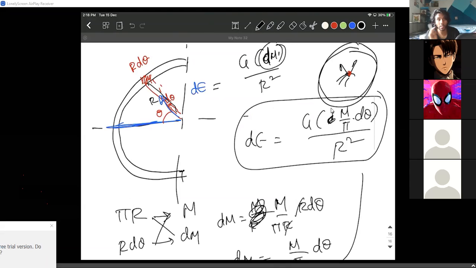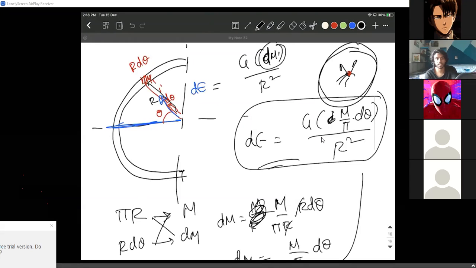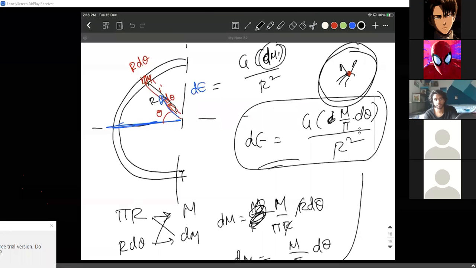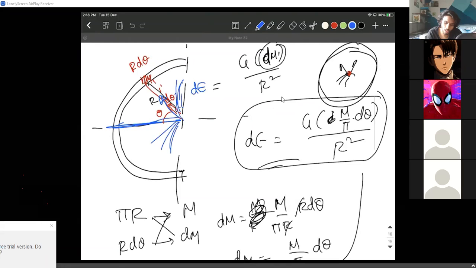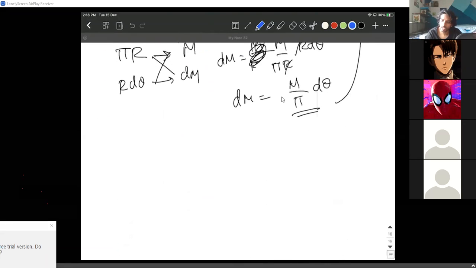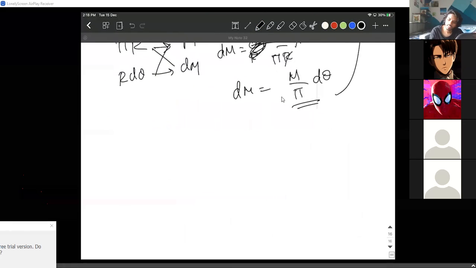Now, can we integrate? No, we cannot. Why shouldn't we integrate? Anybody? Raise your hands and say it. Why shouldn't we integrate it directly? You haven't specified the direction, sir. Exactly. Because if I only take dE, the dEs will be in all the directions. I cannot do this. So I need to be a good boy, and